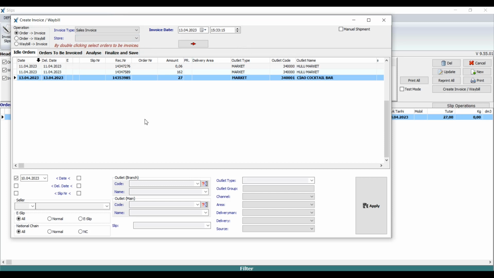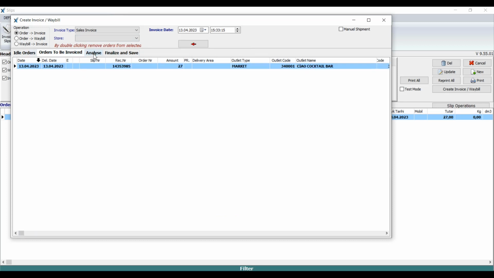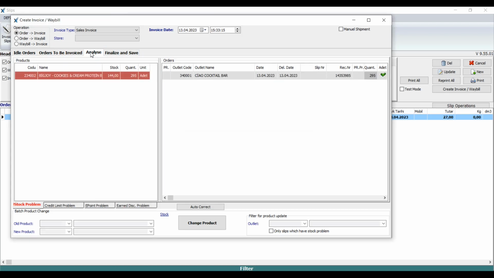Double-click on a slip to enter it to the next step. And then click the Analyze tab, and here we go. If there is no stock for the products in the slip, the program will inform you on this tab. You can click the Autocorrect button to set product quantity as the product stock value,